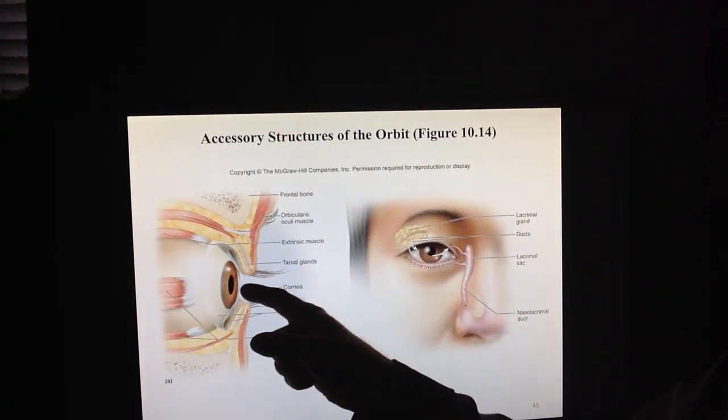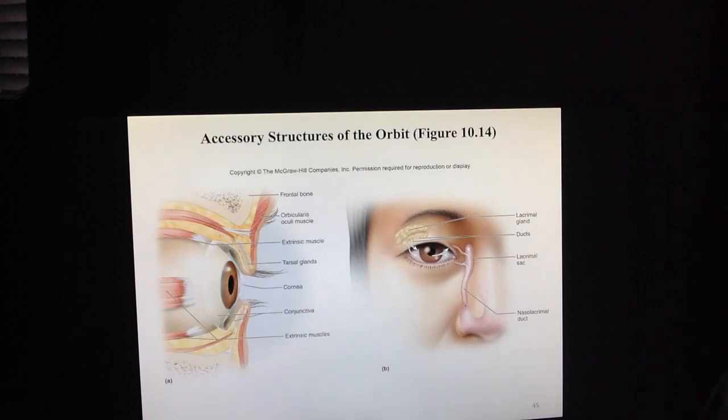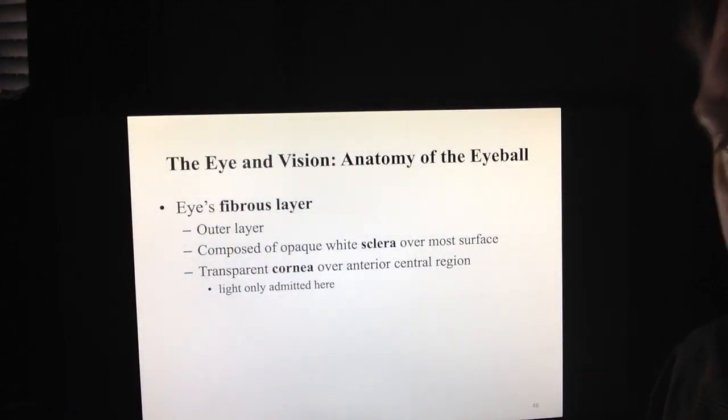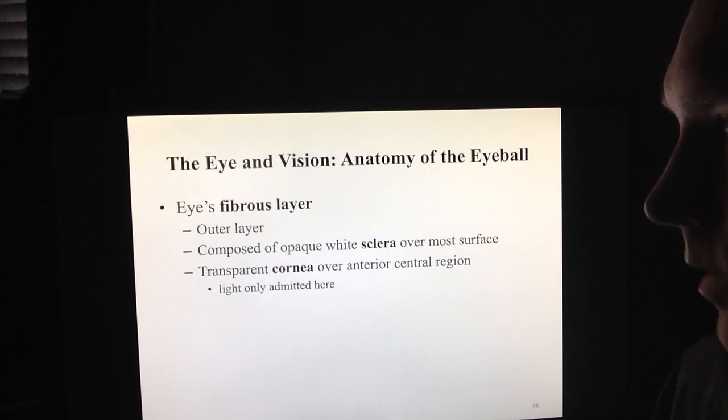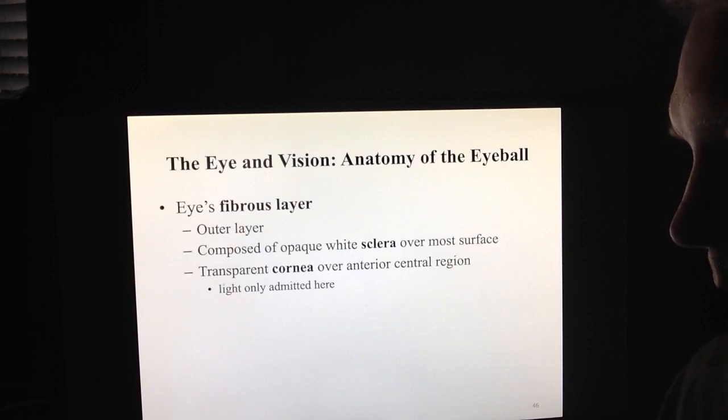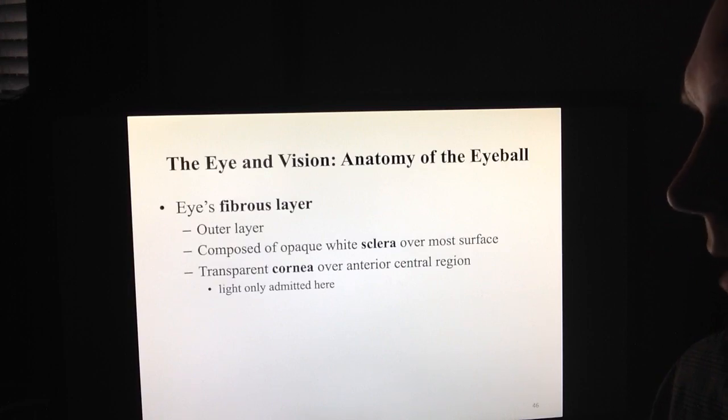The light's going to go through the cornea and then through this black dot, which is the pupil, and that will be apparent on our eye diagram, the one that you're going to completely label on this online lecture quiz. Just 10 questions, 10 points. No time limit, remember, and you have this diagram open